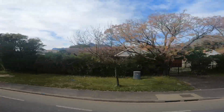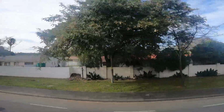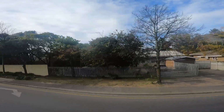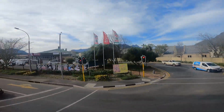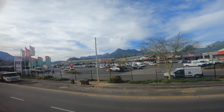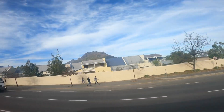Our next stop, by the way, will be the Franschhoek wine cellar. Remember that when we get there, you will by now perhaps have scanned the QR code on your ticket and been able to take a look at the winter menu. If not, that's not a problem. When you get there, a menu will be placed before you on the table where you are seated. You'll be able to order something from the kitchen, and while this is happening, the wine